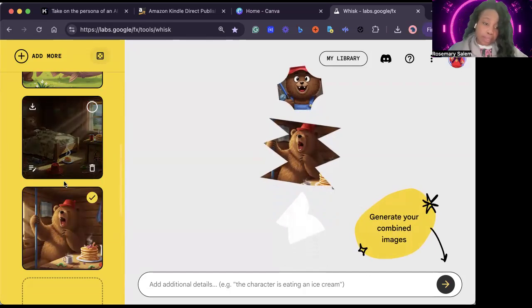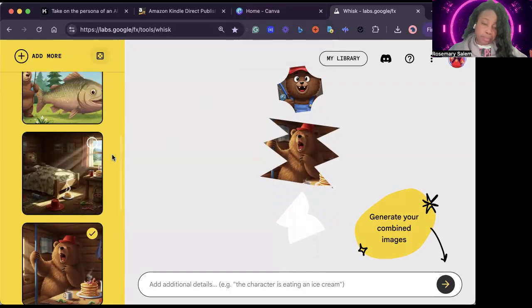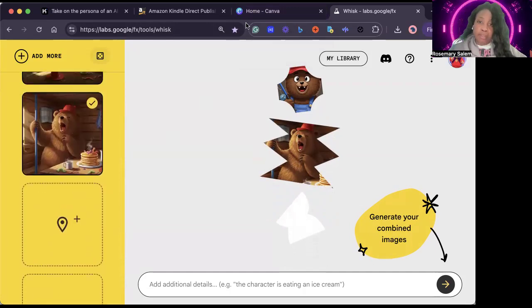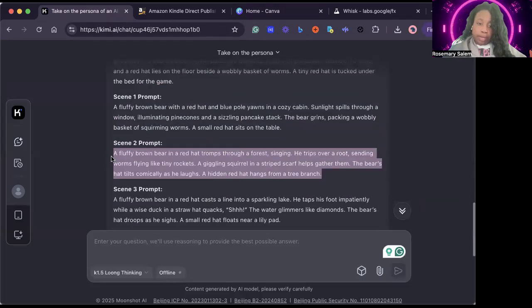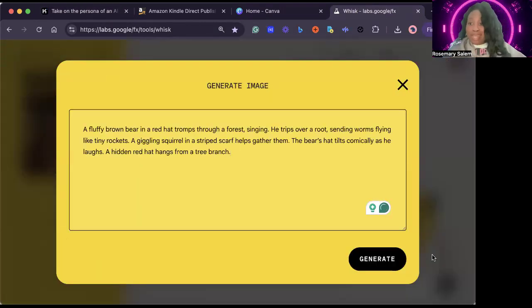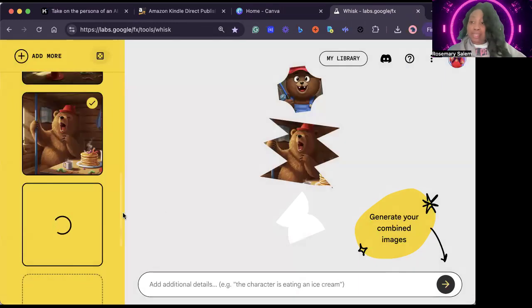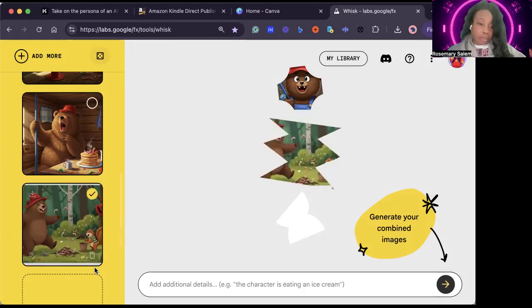Now, okay, this is scene number one. Let's do scene two. And I know y'all like, I'm kind of editing, but I'm not really editing. And I'm kind of letting some stuff slide that I wouldn't let slide, because this is concept. You can, by any means, take these steps and start going in and doing your own thing. But as for right now,